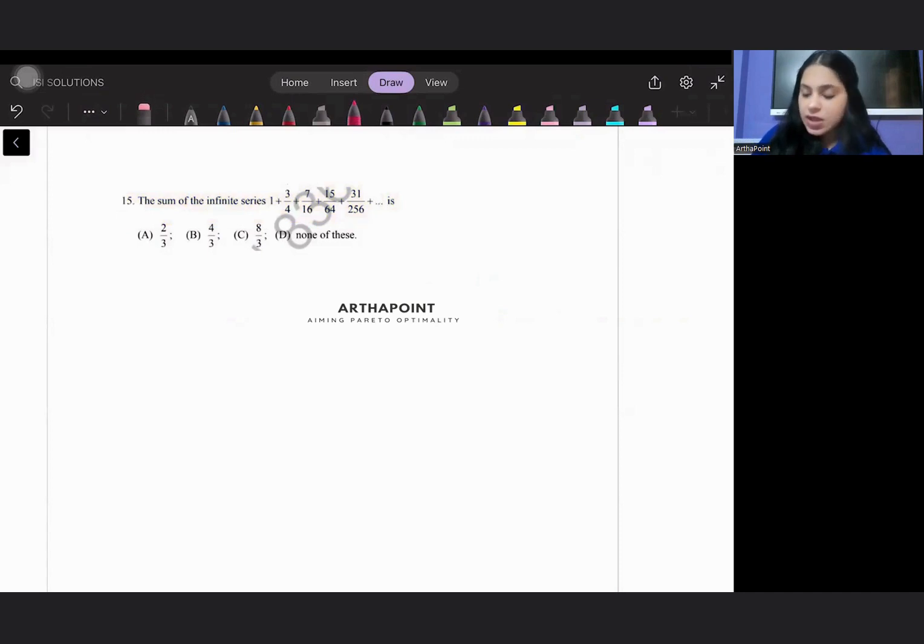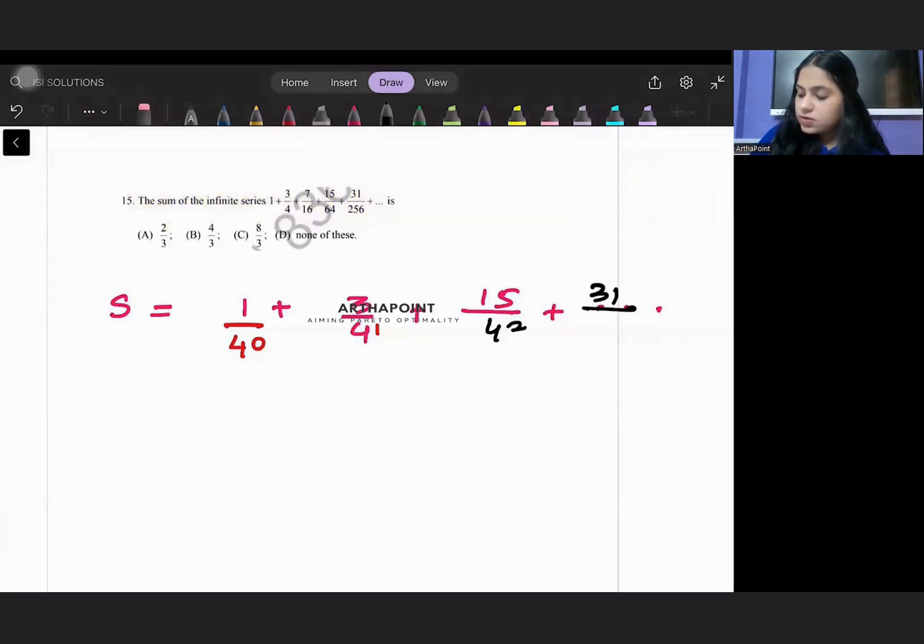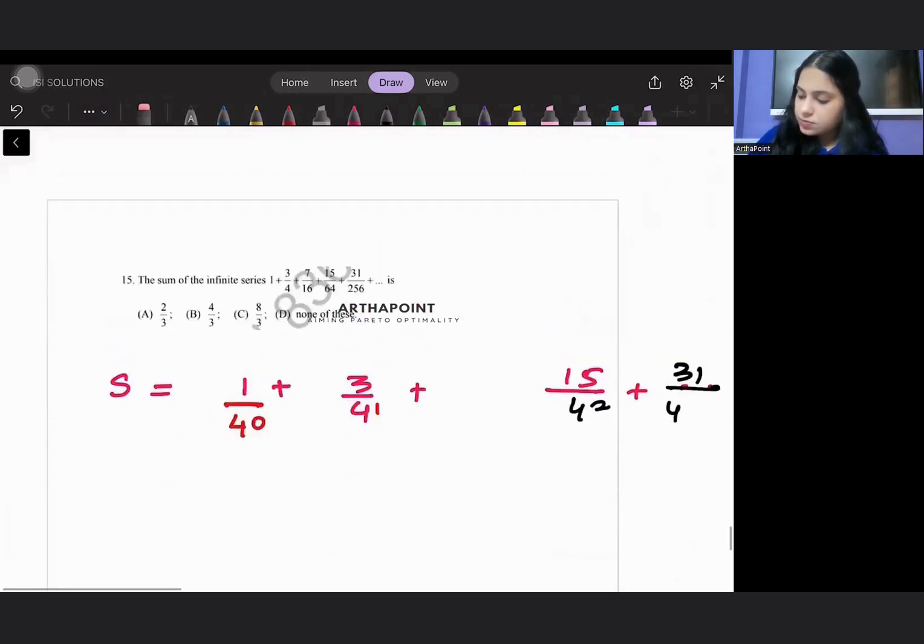Where we see the GP, and let S represent 1 plus 3 by 4 plus 15 by 64 and so on. And what I will do is rewrite this as 4 to the power 0, 4 to the power 1, 4 to the power 2, then 4 to the power... I missed out something, right? I missed out a term here. So this is plus 7 upon 4 to the power 2, 4 to the power 3, 4 to the power 4, and so on,